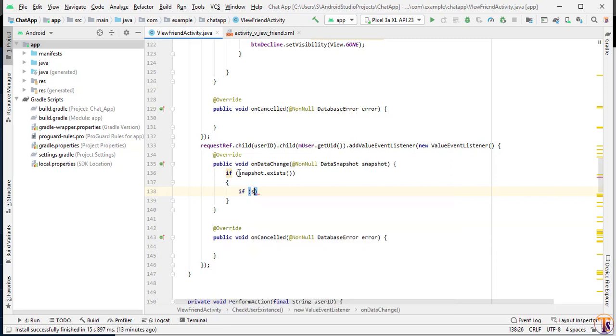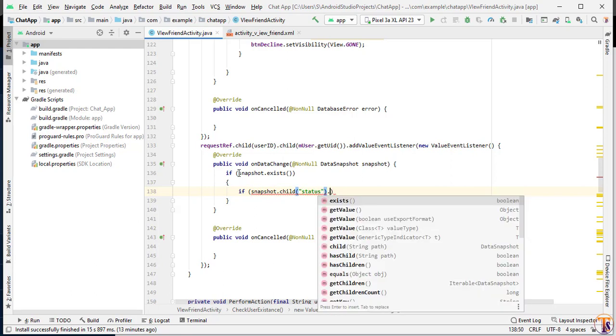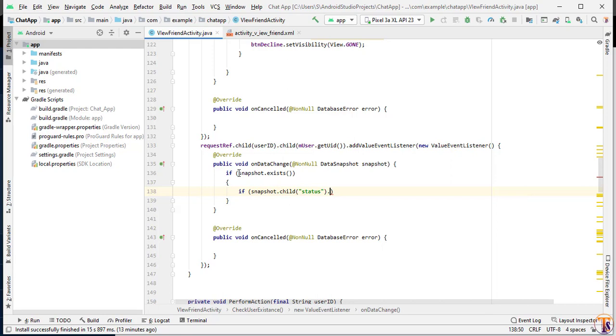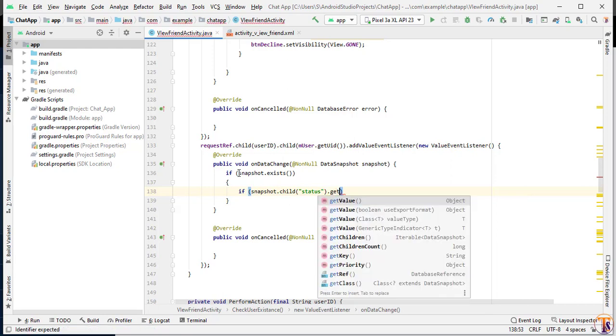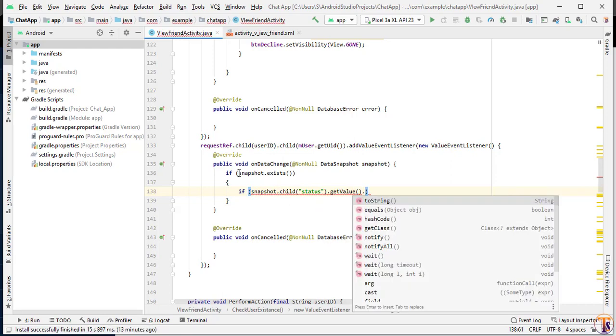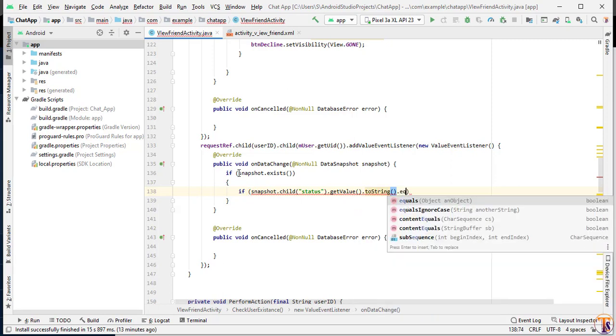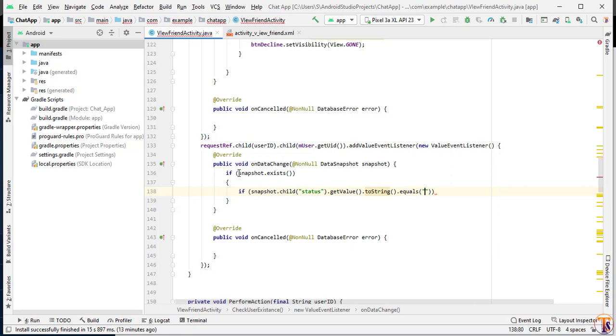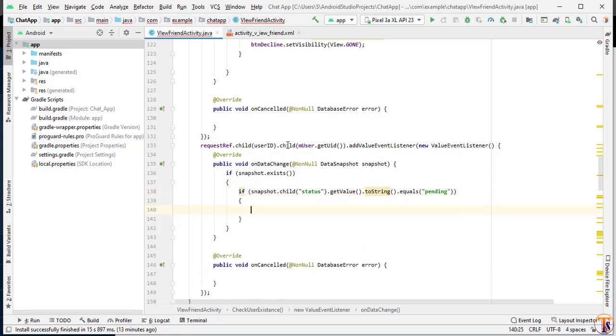If snapshot dot child, and here we will pass status, and it's pending, dot get value dot equal, and here we will pass if it's pending. This time I used other user id first, you can see here. Now it means he sent me a request, so this is for he sent me request.